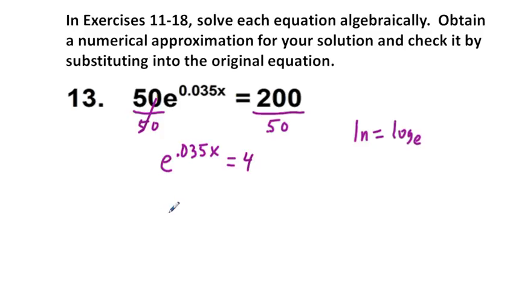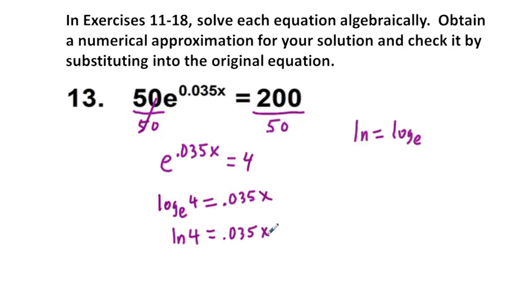So we're going to have log base e of 4 equals 0.035x. And this log base e is the natural logarithm, so we're going to rewrite this as ln of 4 equals